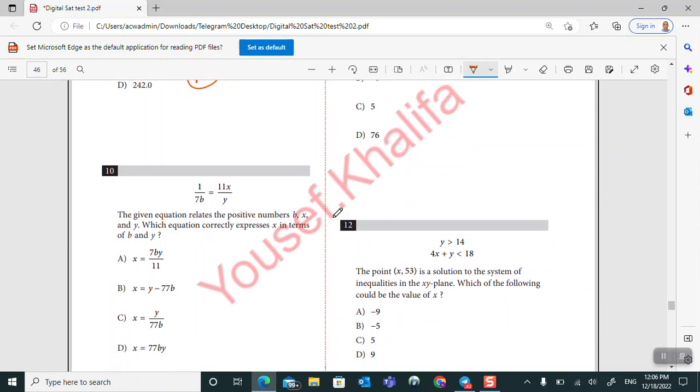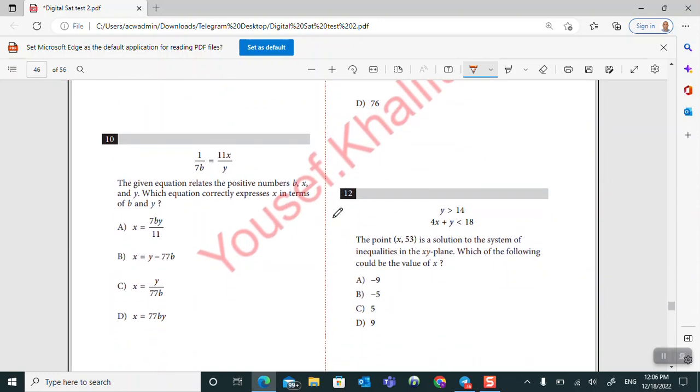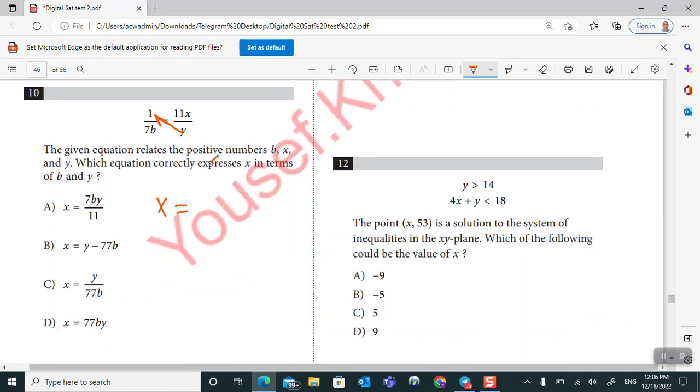Okay. The given equation relates the positive numbers b, x, and y. Which equation correctly expresses x in terms of b and y? So he needs x is equal to what? So you can do a cross multiplication. Okay, so y is equal to